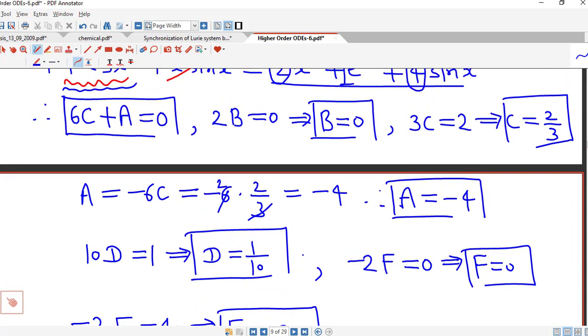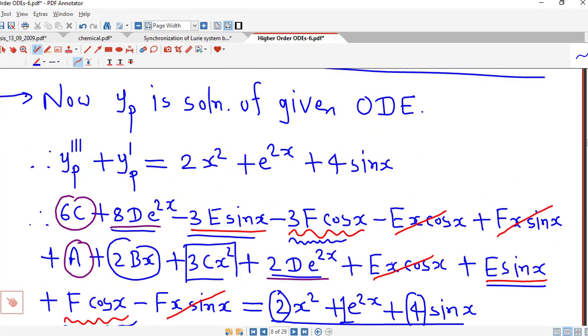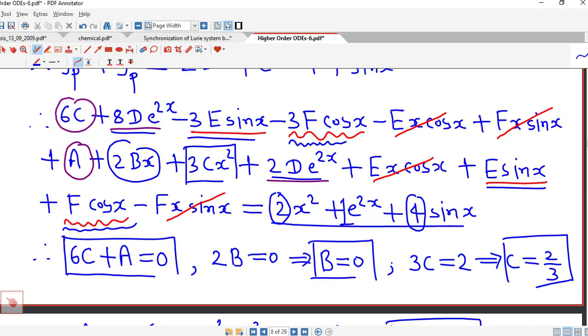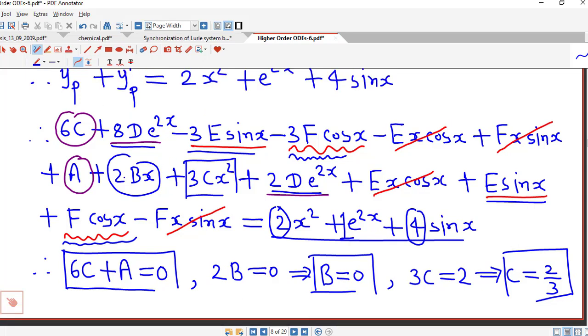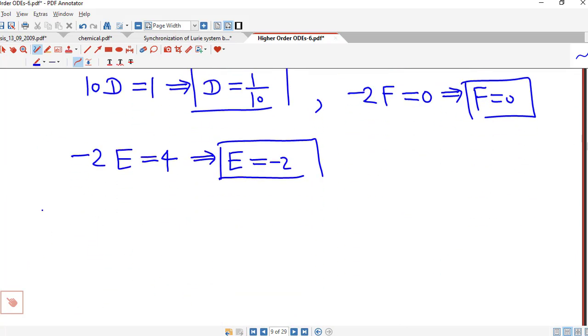So what is remaining? We have obtained a, b, c, d, e and f. Okay, fine. So we have all the undetermined coefficients. Let me check again whether any term is remaining to compare. We have to be very careful. We have compared all the terms with the right hand side and we obtain these coefficients. So we substitute all these coefficients in the particular integral. Therefore the particular integral is yp equal to